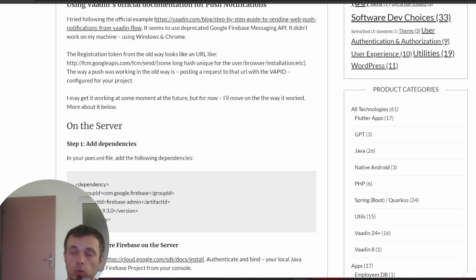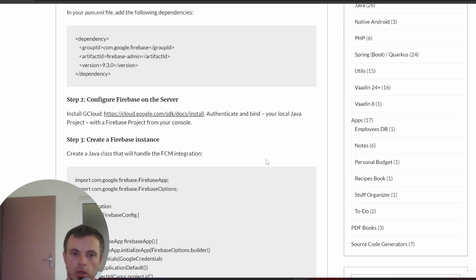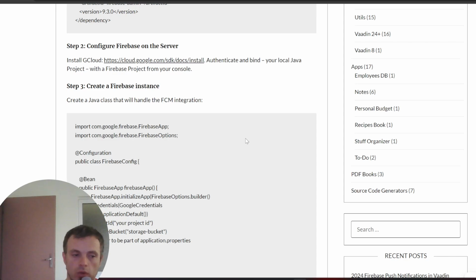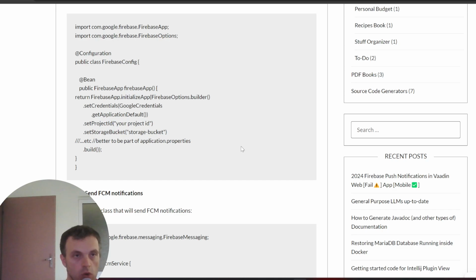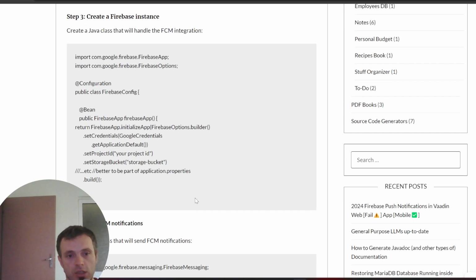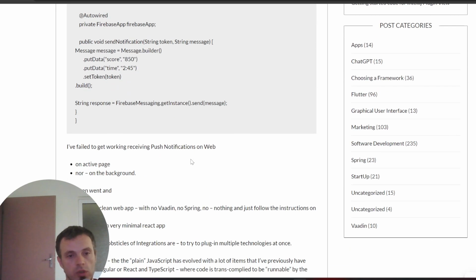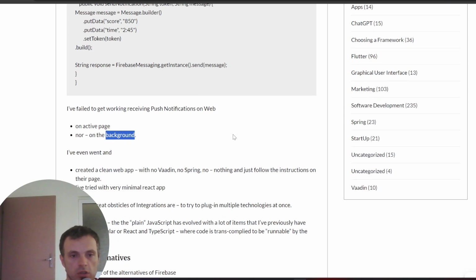I'm gonna share one small detail. Basically, there are two cases where pushes are delivered. One is when the application is running, when the user has opened the app. Another is when it is received in the background. So when you receive in the background, you need